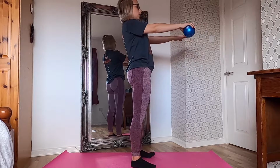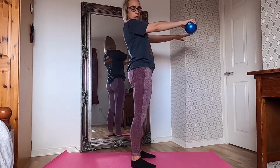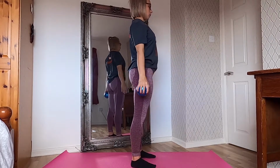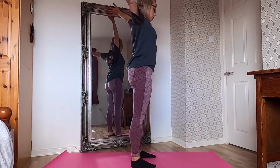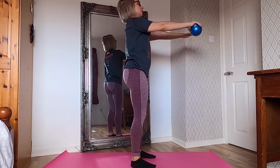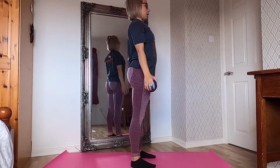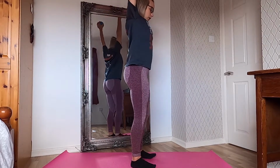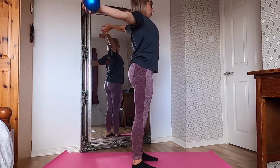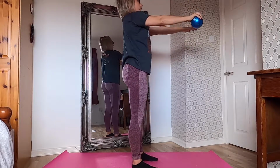So we're going to retract, okay, and then we're going to take a nice forward arm circle. So the hands are going to drop, they're going to come all the way back behind you, up and over the top, and now they're in a protracted position. So we pull them back again and we circle back and around. Okay, so it's the retract, circle, retract,